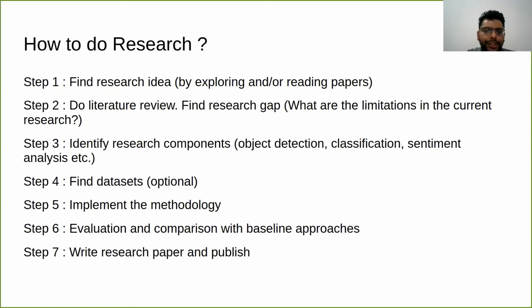After you do the literature review and identify the research gaps, you will have to identify the research components. It can be 4 components or 5. So identify the different research components. One component can be related to computer vision, so you have to be a bit more specific. Maybe one component will be object detection of animals, something like that, or classifying the sound of birds. That can be one research component, and so on. So you'll have to identify the research components.